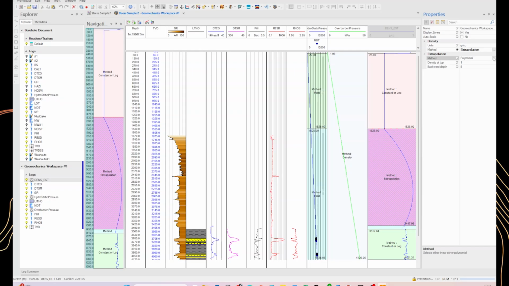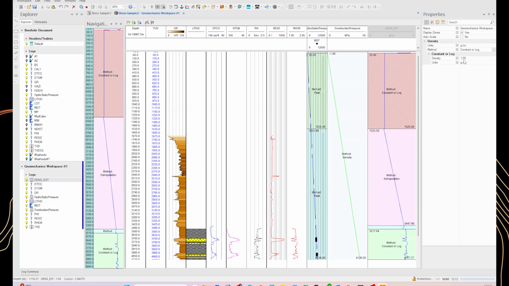In WellCAD we have two methods, the polynomial and the linear method. The linear method will give us a straight line to the density at the top. The density at the top can be constrained at 1.05, which we have already. But the slope is incorrect. We know that the rocks will not behave like that. We will have decreasing density as we go to the top, but that's not that drastic.